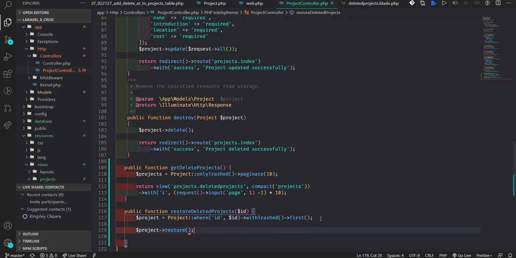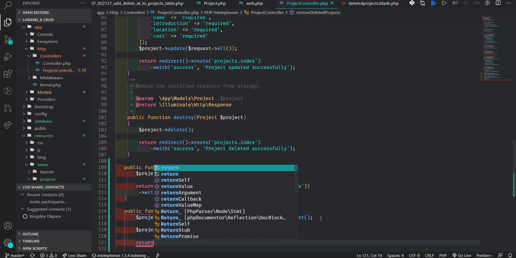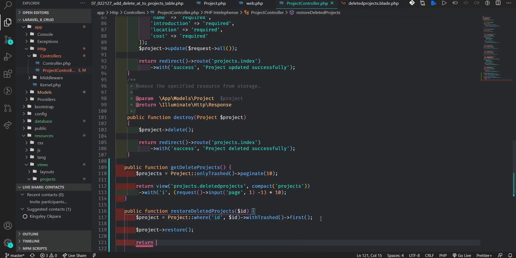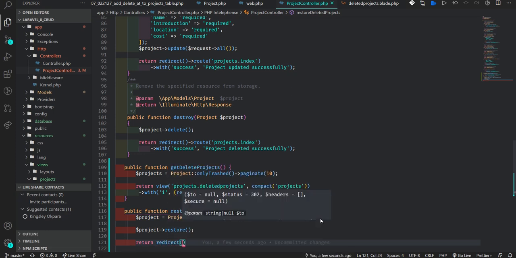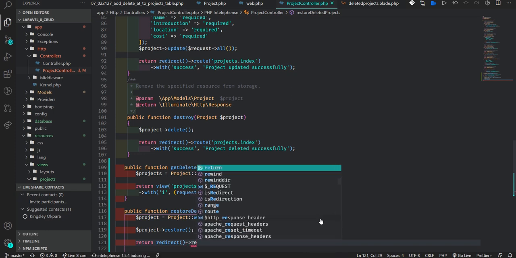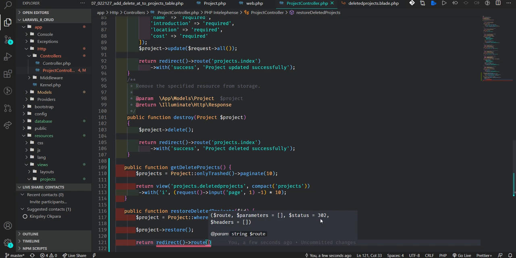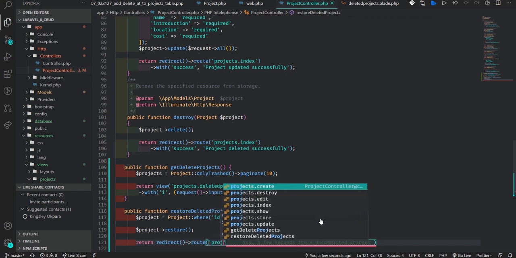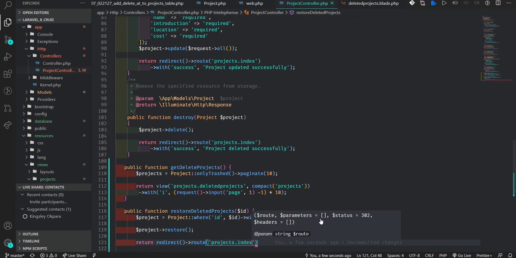By the time I call the restore function, then I return a redirect to our, where are we going to redirect? We are going to redirect back to our index. So we call route project index.